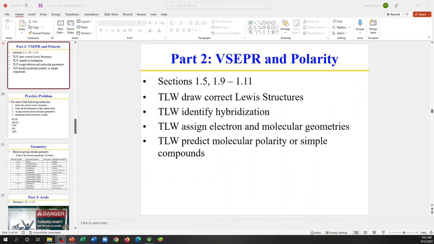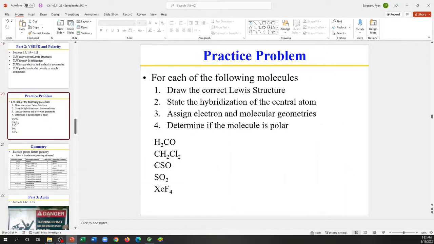In today's lecture, I want to continue with Chapter 1 from your Carey text. We're going to discuss sections 1.5 and then 1.9 through 1.11. The key concepts of today's class can be illustrated in a handful of examples. So I have 5 different chemical formulas here, and I want to walk through each of these different concepts with